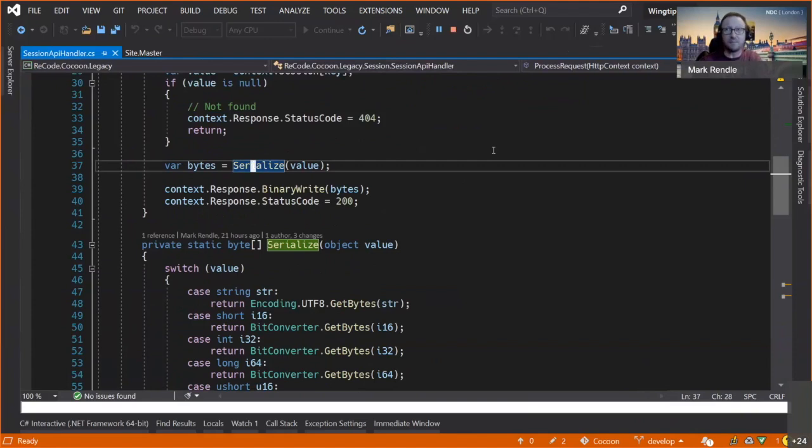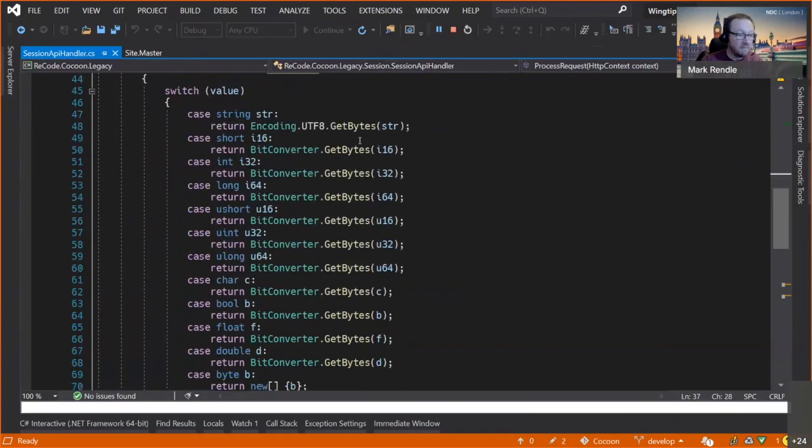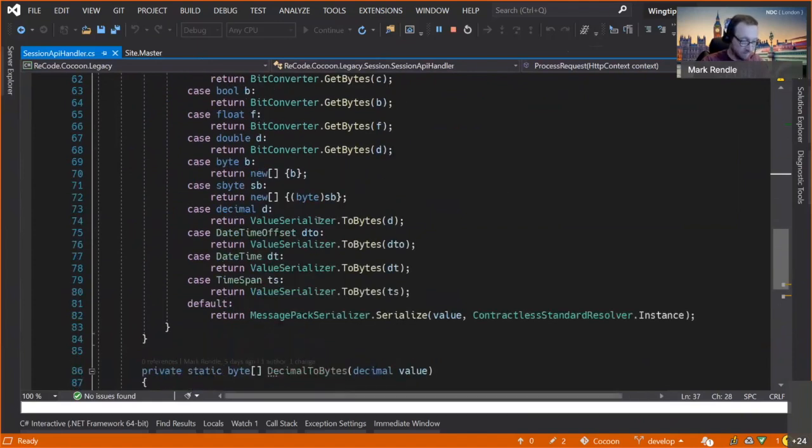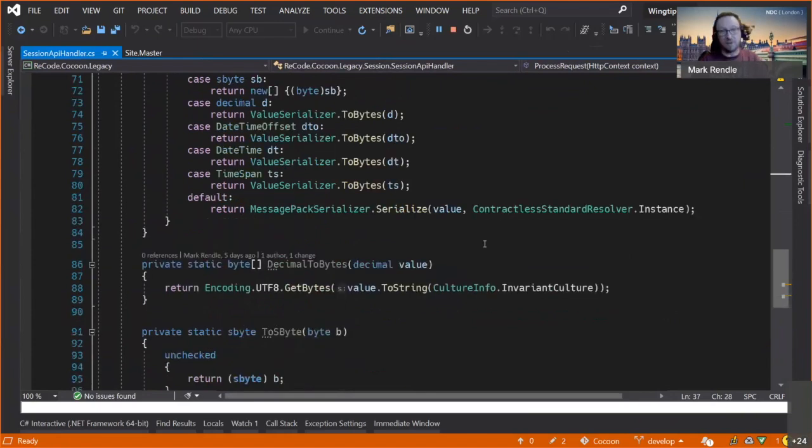I remember what I said before about objects that you can't serialize. People are going to have to fix that. There's not a lot I can do about it. But for the most part, if it's a string, then just do encoding.getBytes. If it's one of these things, we can use bitconverter.getBytes. Decimals and dates and times are a bit more complicated. But for those objects that people are just going, I just want to stick this in session and have it there,